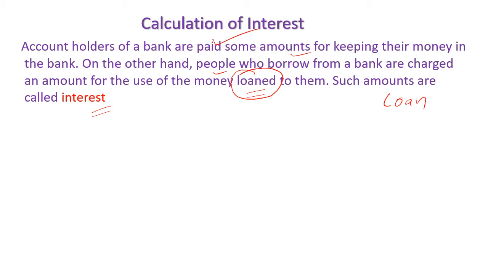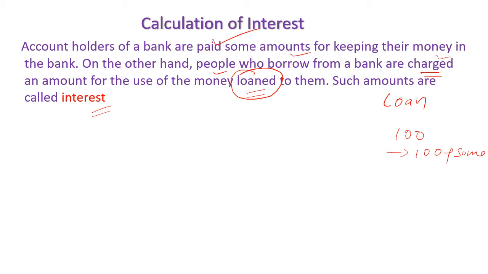Here he says he's there for taking money from the bank. He does not have that much money in the savings account. He'll have an account, but he wants lakhs of rupees or thousands of rupees which he does not have. Then the bank will give it, because there is money in the bank given by others, and the bank will charge them. If the bank gives 100 rupees, the bank will say that when you return the money, you return not 100 but 100 plus some amount. They charge some amount.